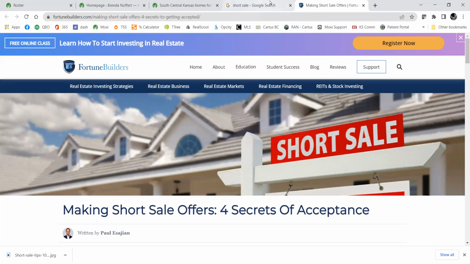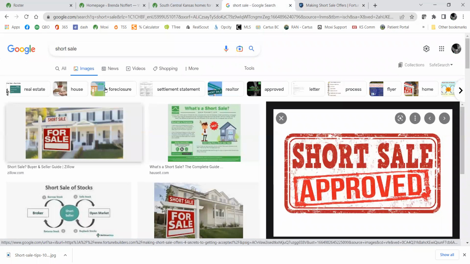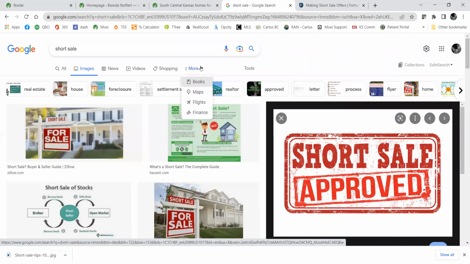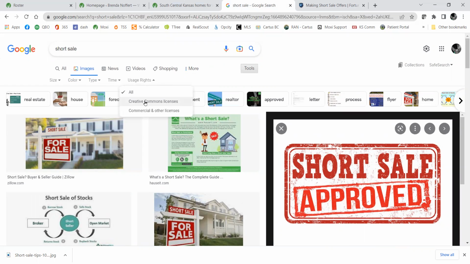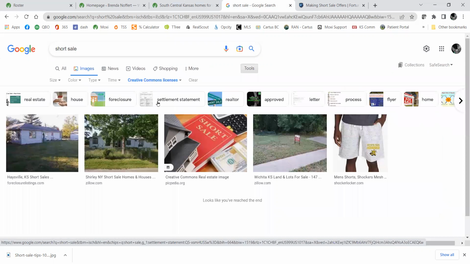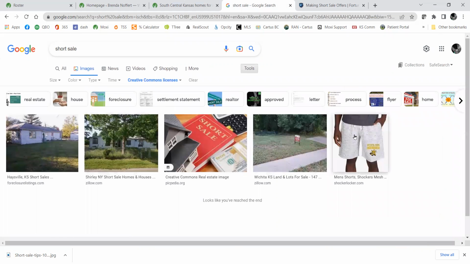Okay, back up a little bit, go to the images again. Go to the top and go over to more. I think that's where it is. More or tools. Try tools. Color, type, usage rights. There you go. All Creative Commons license, commercial and other. Then it will sift through them and say these are more usable. But you can also see there aren't very many there because not everybody knows how to load that up safely. But Lynn's point's